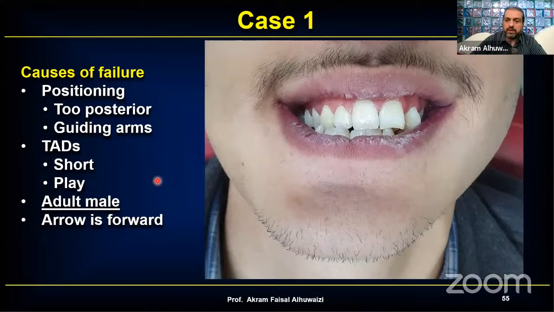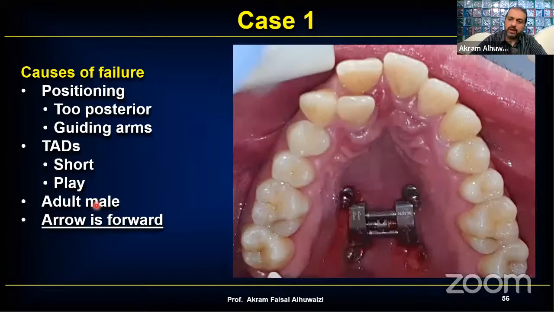And I don't advise any one of you who's listening today to start with an adult male. If you're going to start, then start with a teenager and start with a female. They have softer bone. They're much easier to open their sutures than they are for adult males. So don't start with adult males. Go for teenage females. And lastly, looking at my case, I noticed after cementation that the arrow is actually pointing